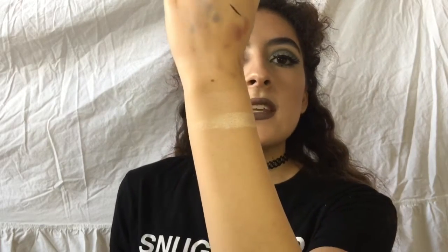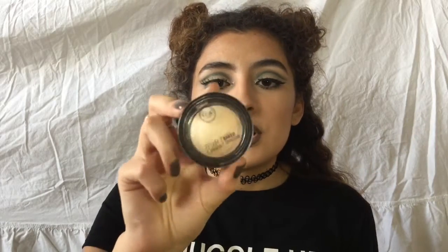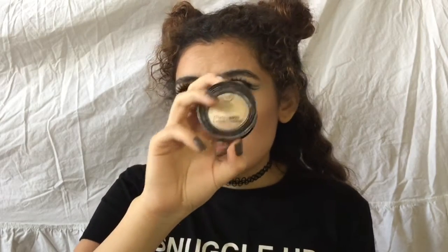It's way more pigmented, but it has such a nice white gold glow that I love so much. I use it all the time if I want an intense highlight, and I really recommend this if you want a really good highlight eyeshadow kind of thing, because it's only like $3 or $4,